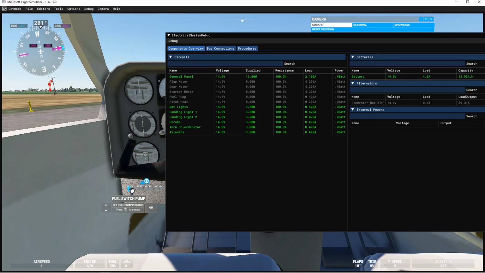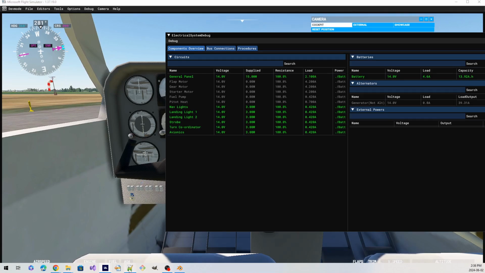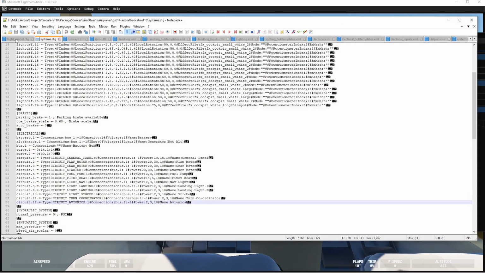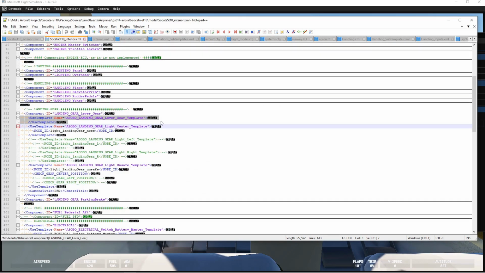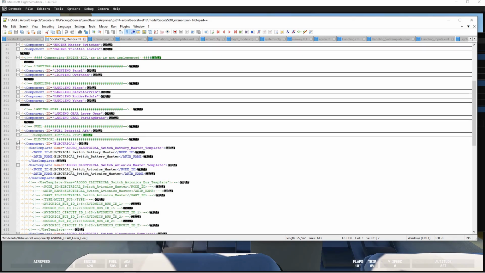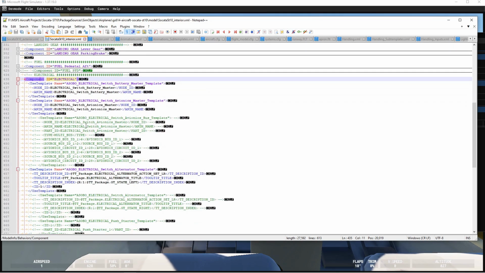So the fuel pump electrical is now working. And the way we did that is again through the XML. So we had to set up the interior XML, the electrical information,